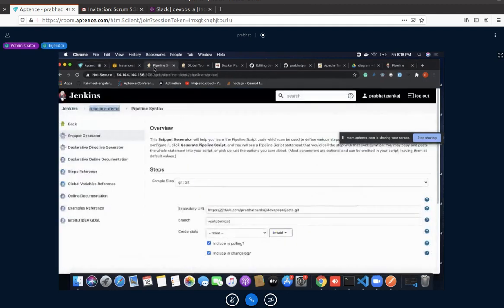But these things you will learn when you do this kind of stuff by yourself. You will get an idea when we should use plugins and when we should use global tool configuration. For now, simply you have just 5 or 6 options. If your requirement belongs to those 5 or 6 options, you can go for this. Otherwise, you can install additional plugins.